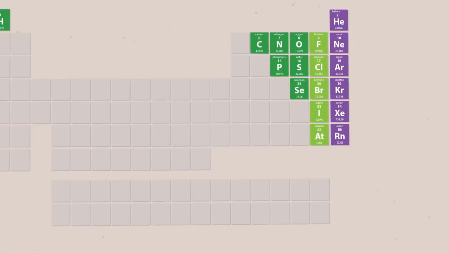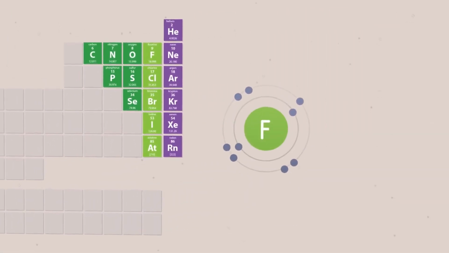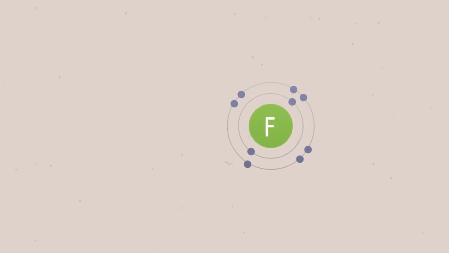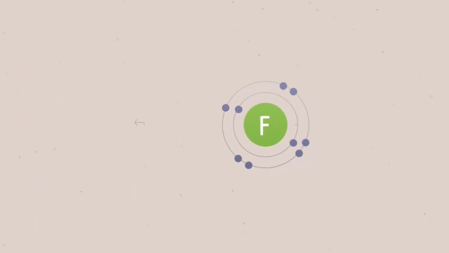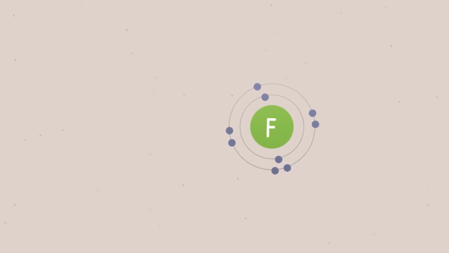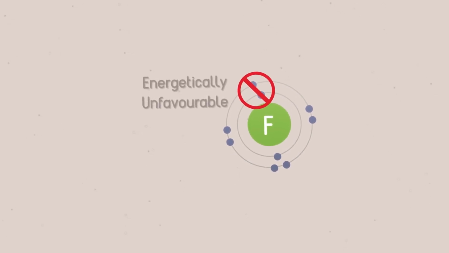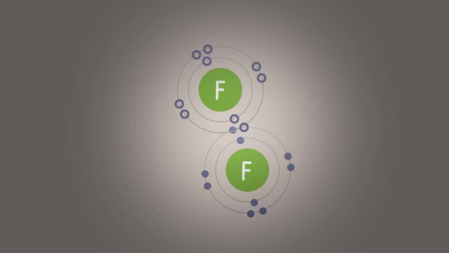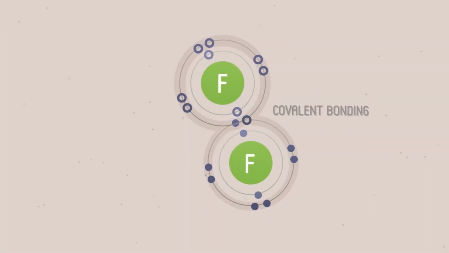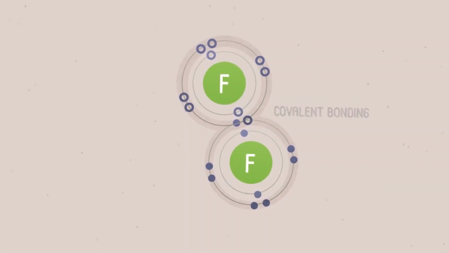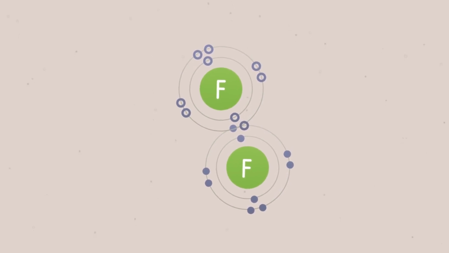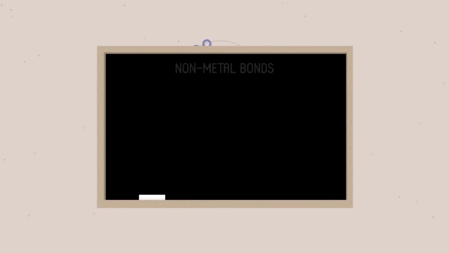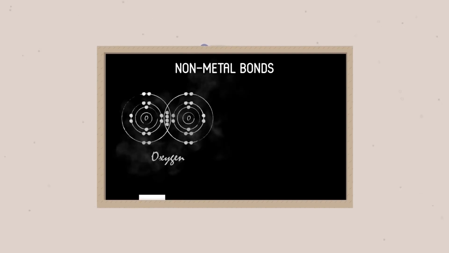They have shells of electrons that are normally half or more than half full of electrons. Since they have a strong attraction for a few additional electrons, it's energetically unfavorable for them to lose electrons. So they share electrons by overlapping orbitals. This makes a bonding orbital or covalent bond that contains two electrons. If there is space in the outer shell, a nonmetal atom can form double or triple bonds, like in oxygen